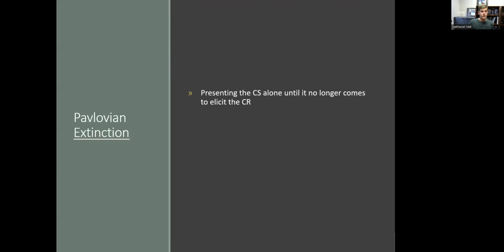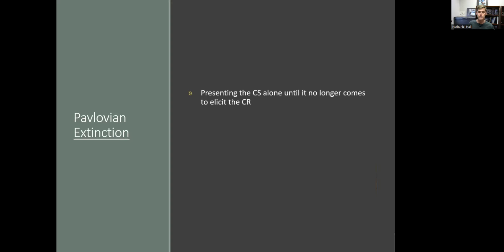Next, extinction. So all good things can come to an end. Presenting the CS alone several times, so simply saying good boy, good dog, or delivering a click, and that never is followed up by the unconditioned stimulus, it will extinguish. It will no longer come to produce or elicit that conditioned response. So if you break that association between CS and US, you will also reduce that conditioned responding to the CS